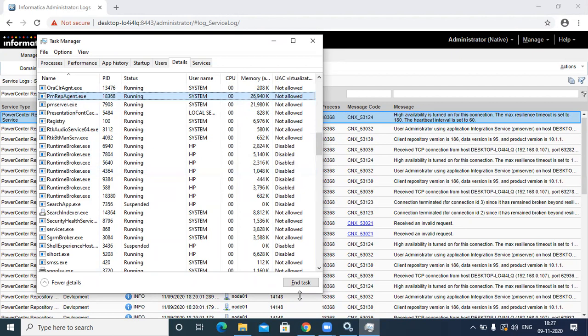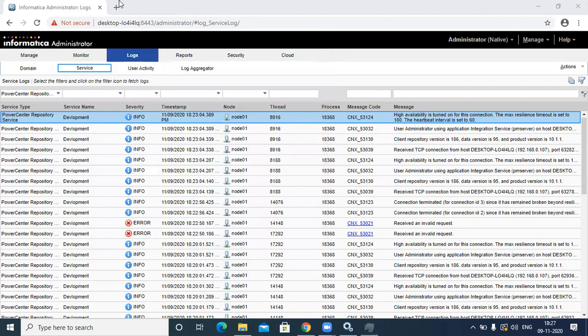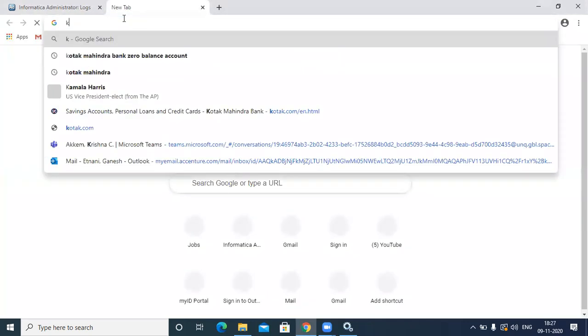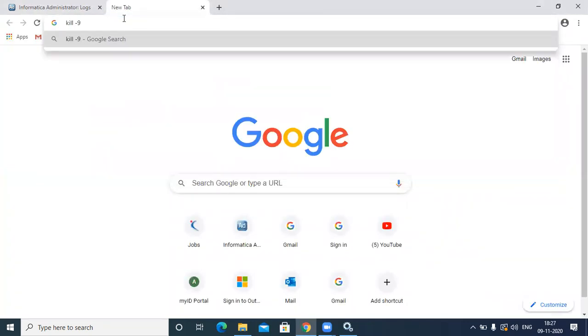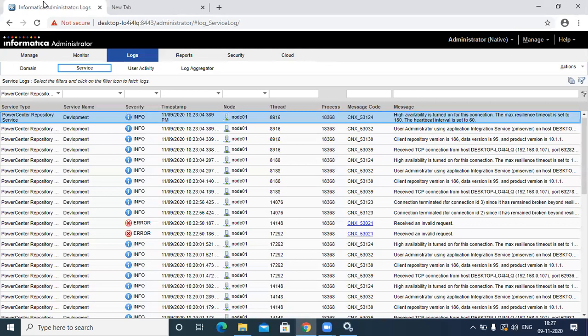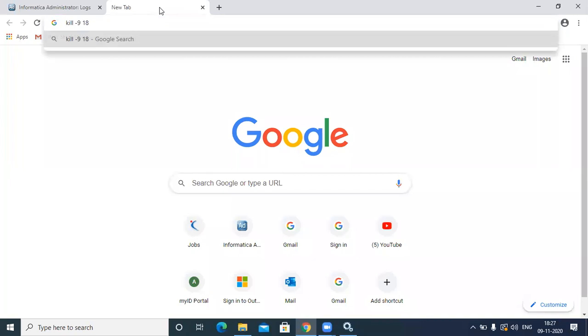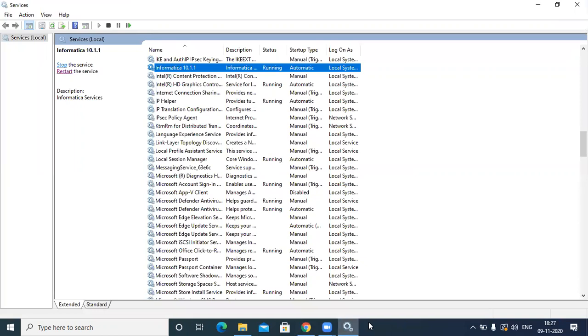Same way, if your repository is taking more time, select that and click on end. In Unix, you have to write kill -9, then the process ID. What is the process ID? 18369. This is the command. If you press enter, it will get terminated. But one important thing is, you should be the owner of that process. If you are killing others' processes,